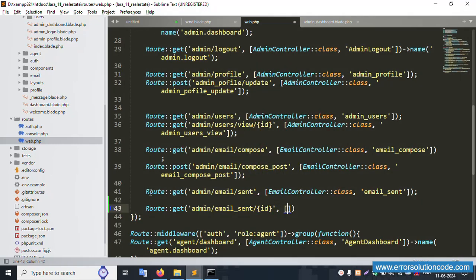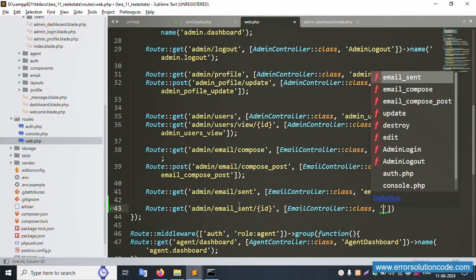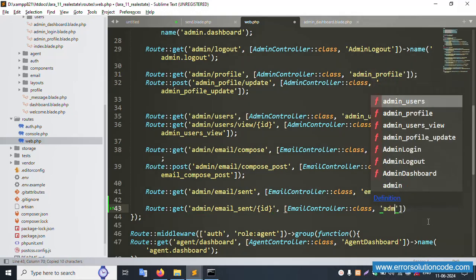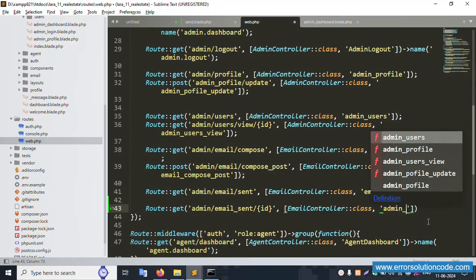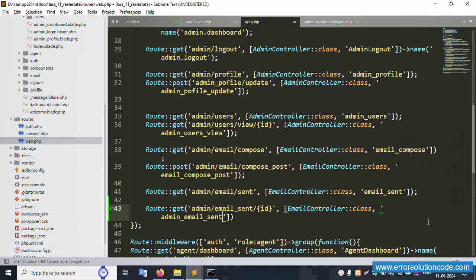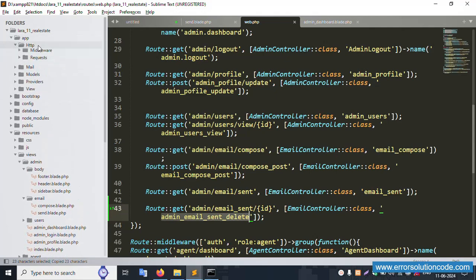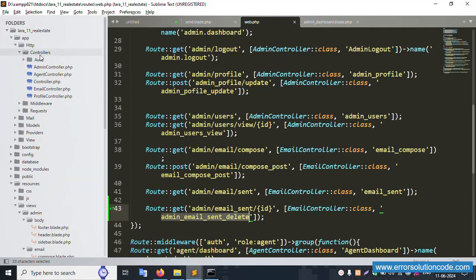This email controller, copy class, and this admin email send delete. Same here, copy this name, copy and open the email controller. This email controller is already available in the Http controller, and inside